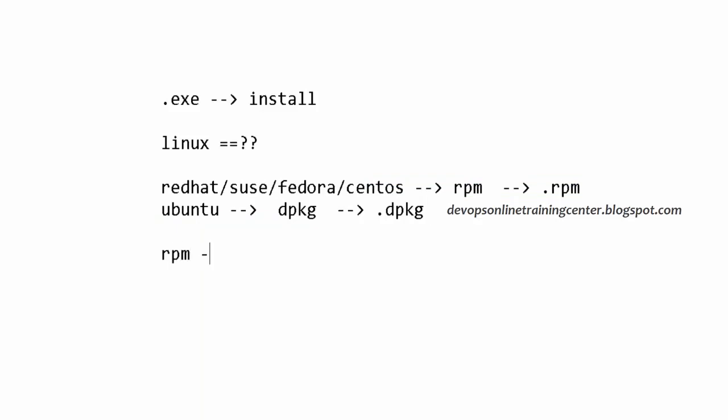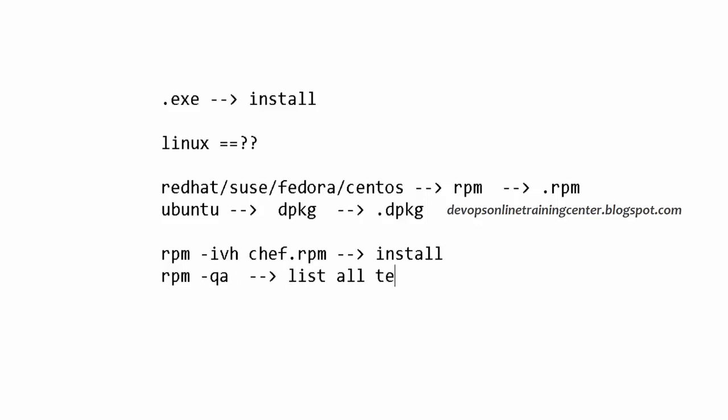rpm -ivh chef.rpm is to install chef. rpm -qa is to list all the packages installed. rpm -e chef is to remove a package.